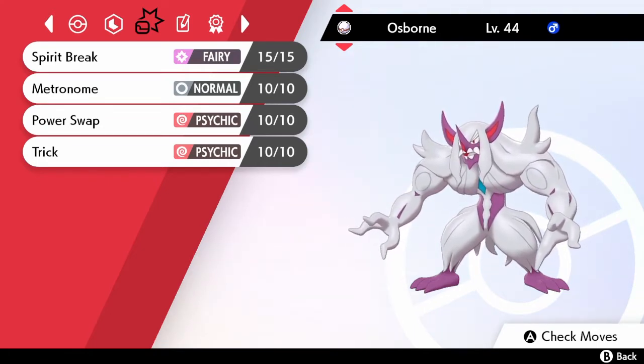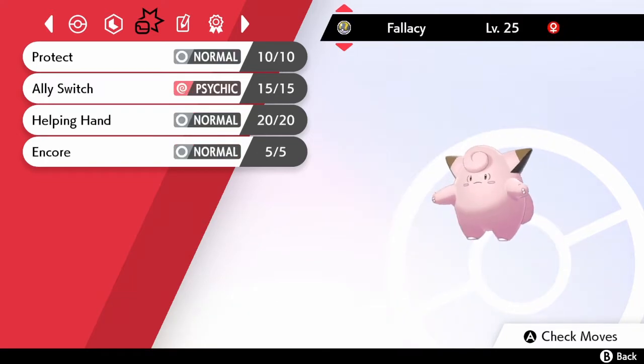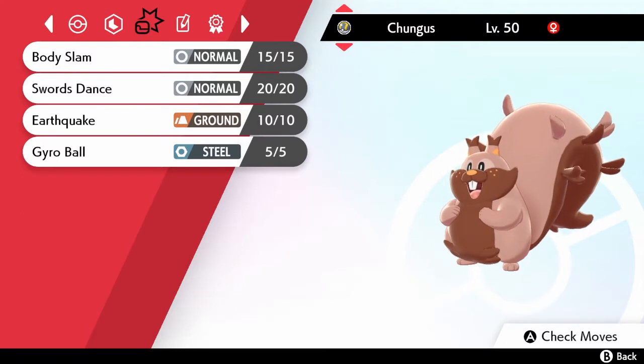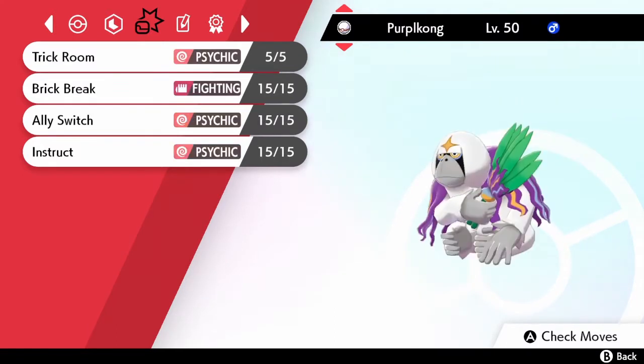For me, anyway. I have a pretty standard set for what I'm going to be using on my Clefairy. It's very much just the Top 8 Clefairy with Protect, Ally Switch, the Wish button, Helping Hand, and Encore. Sweet Stuff is actually a G-Max mon because I wanted to make sure that I had some sort of a special attacker in case the opposing team was physically bulky,